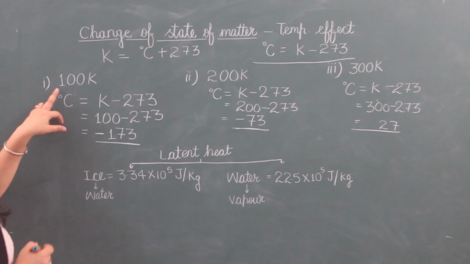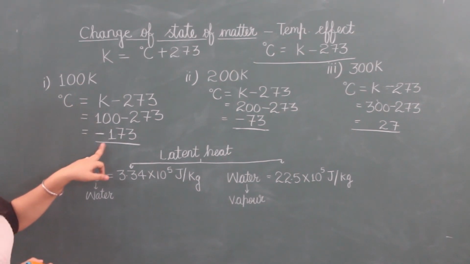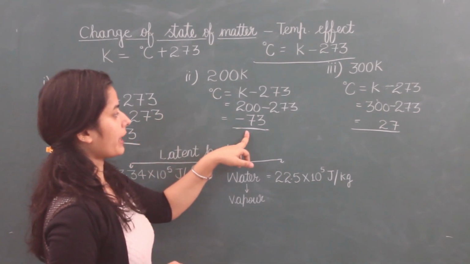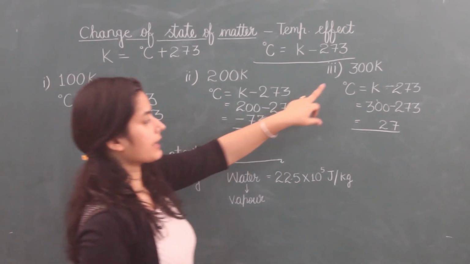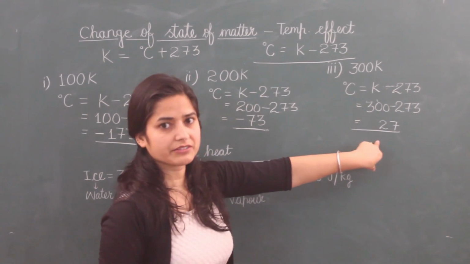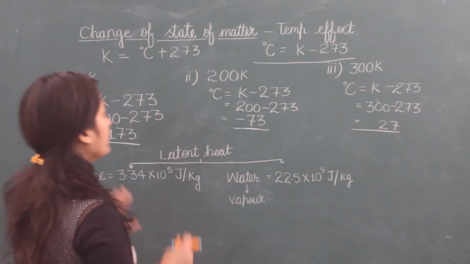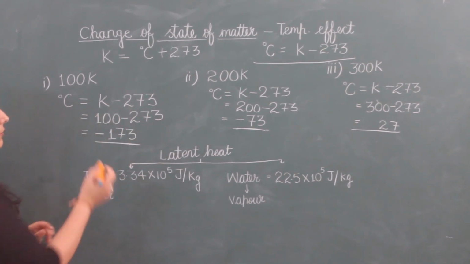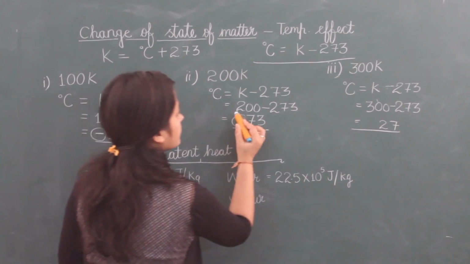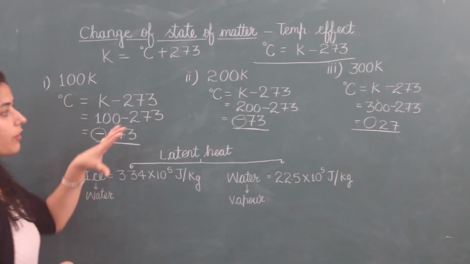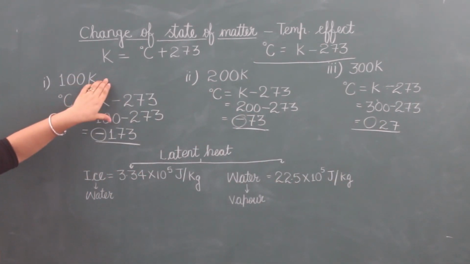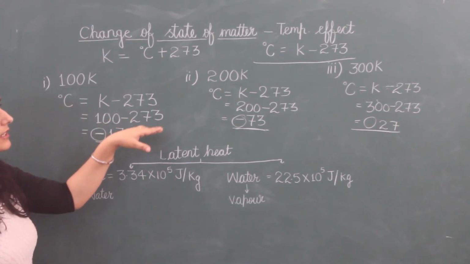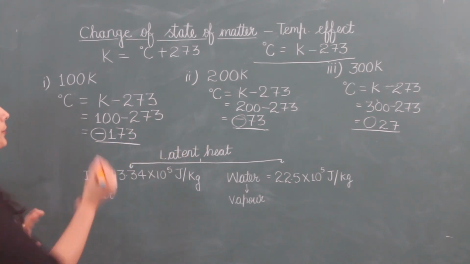So 100 Kelvin is equal to minus 173 degrees Celsius. 200 Kelvin is equal to minus 73 degrees Celsius and 300 Kelvin is equal to 27 degrees Celsius. I have taken these different values because I want to show you this sign. Now what happened? On the Celsius scale, values are coming in negative, but on the Kelvin scale these are positive, up to minus